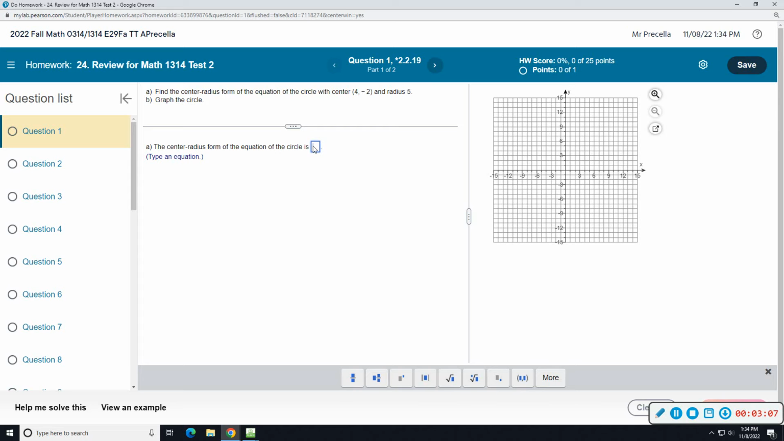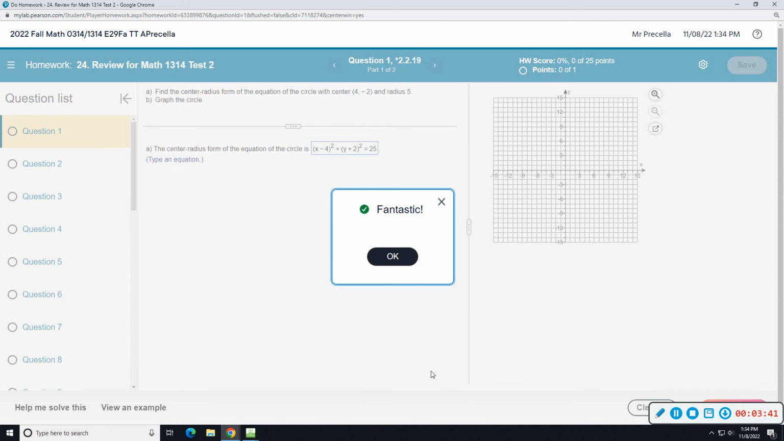So I type my left parentheses, x minus 4, close parentheses. I use my exponent hot button in the toolbar. Right arrow to get out of the exponent position, plus left parentheses, y plus 2, close the parentheses, there's the square, get out of the exponent, equals 25. Okay,